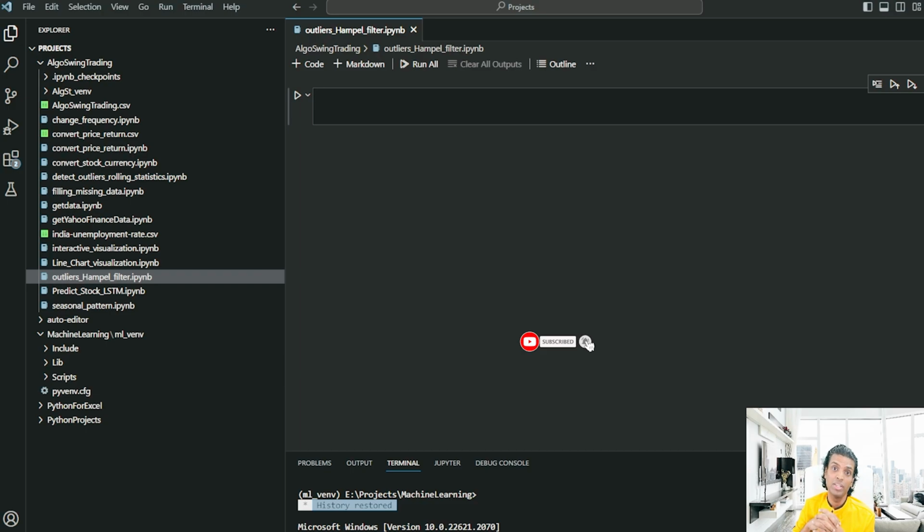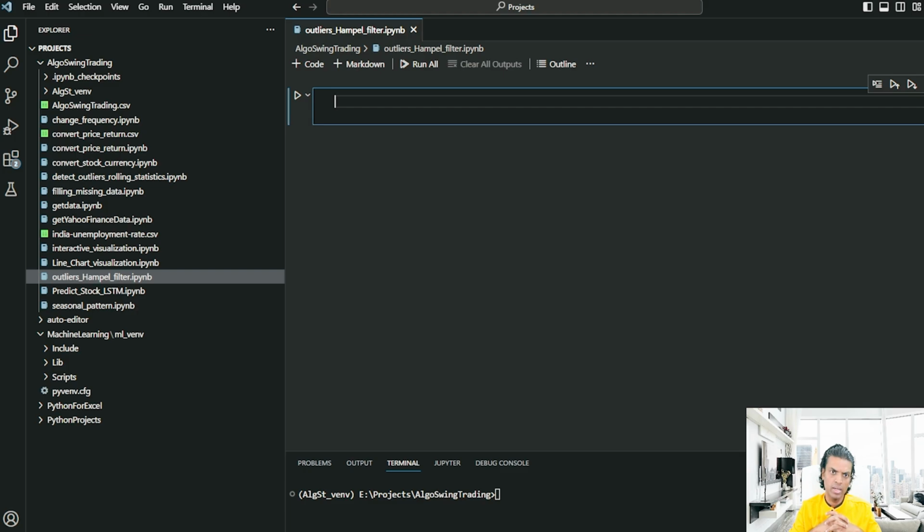Like in the previous video, we created a function to find the outliers in the time series data. In this video also we will do something similar, but we will use the Hampel filter to find the outliers. The Hampel filter is again an algorithm to find the outliers in the time series data. Instead of the rolling window that we did in the previous video, here it will be a sliding window